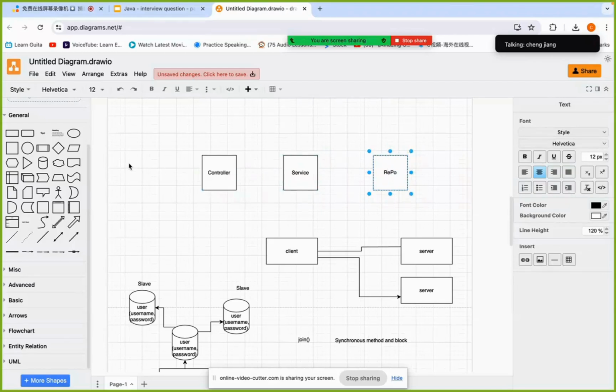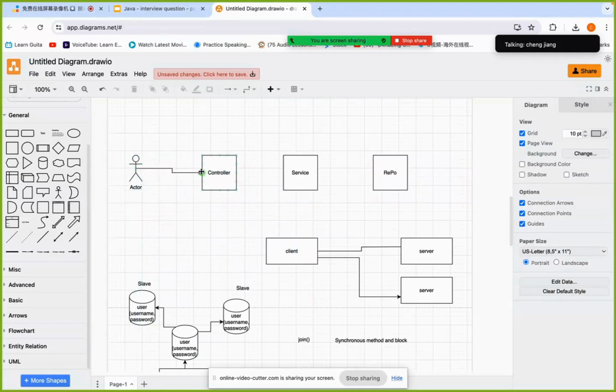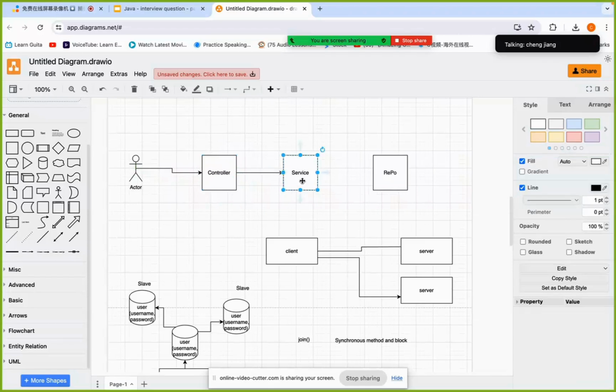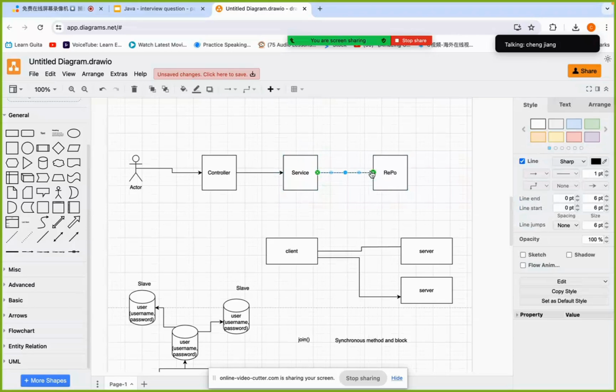So the controller here has the customer, right? The customer makes a request, and the controller receives it. We have many HTTP requests, like GET request, POST request, DELETE request. We receive different requests from the customer, and then we pass the request to the service layer. The service layer does some calculation, or just business logic, and then you pass it to